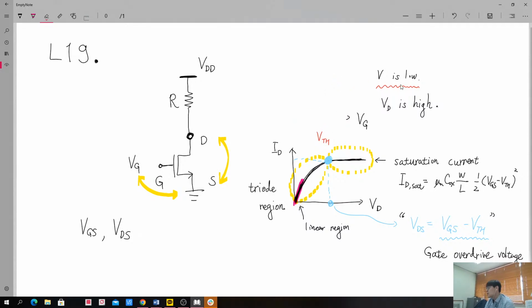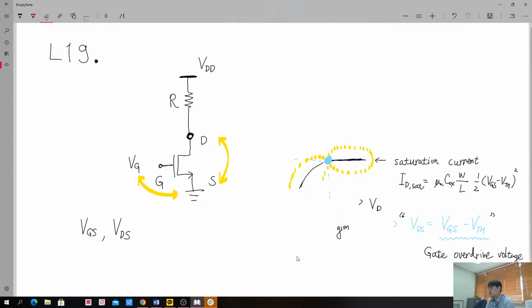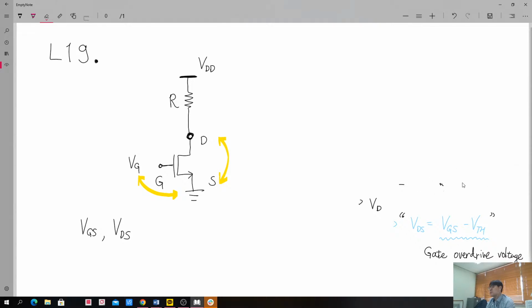Okay. So once again, if you have any questions, then please leave your messages. I will continuously check your chat log, and if you ask me any question, I will be very happy. Okay, then now think about this simple circuit, maybe one of the simplest circuits we can imagine, having only one transistor and only one resistor.